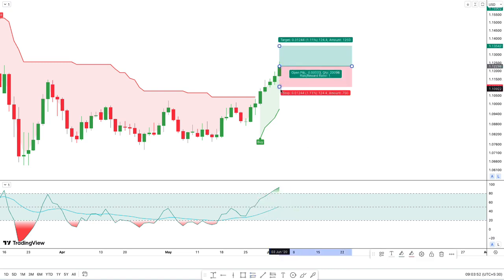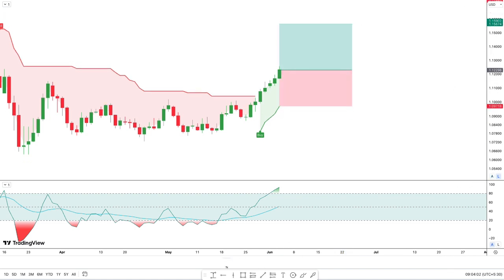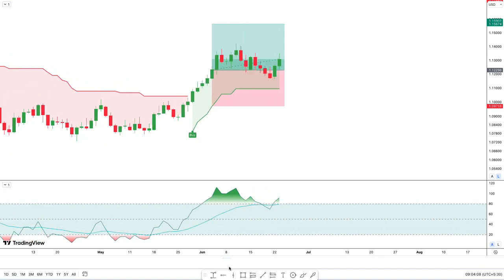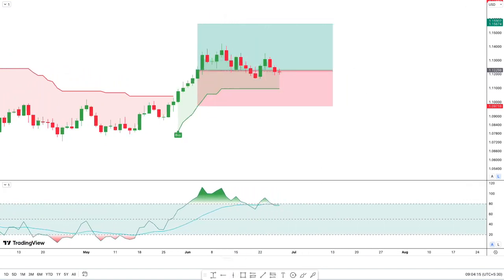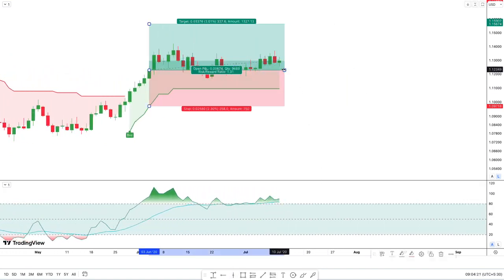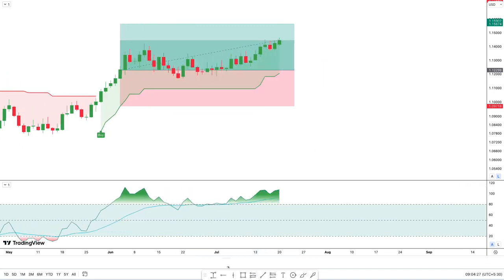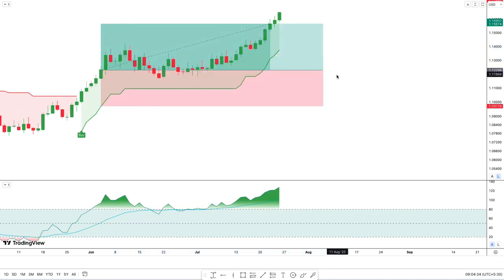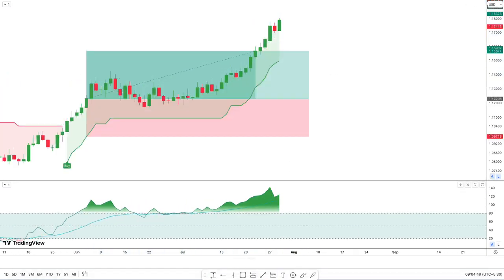To manage risk, we will set our stop loss at the green line of the SuperTrend indicator. This allows us to protect our position in case the market turns against us. We will not set a profit target. Continuously trailing the stop loss upwards as the trade progresses, we aim to secure profits and maximize potential gains during